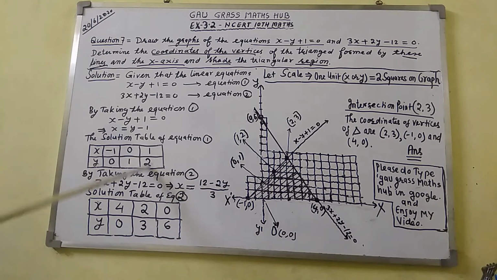Now come to the third column here. You can see x equal to 1. This means that x equal to 1 unit is there. On graph paper, we will take 2 squares on the x-axis. I have taken 2 squares. This is the origin, 1, 2. 2 squares on the x-axis.